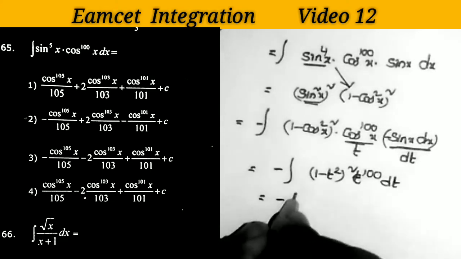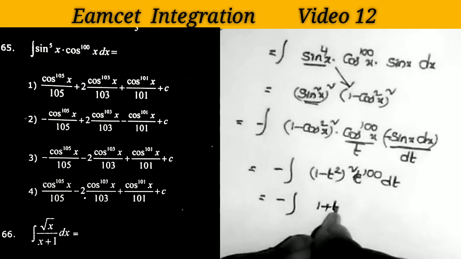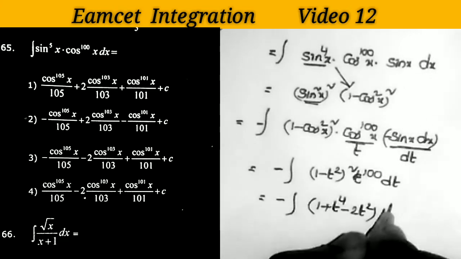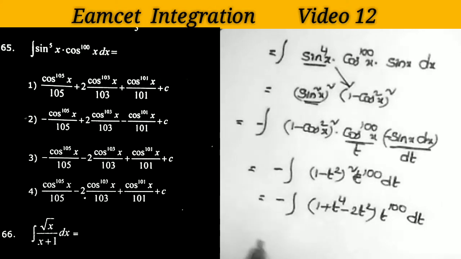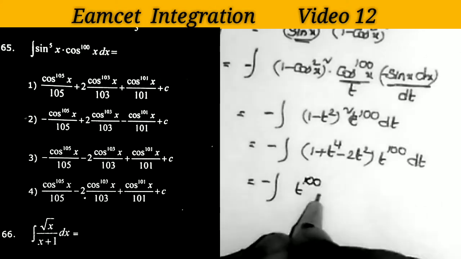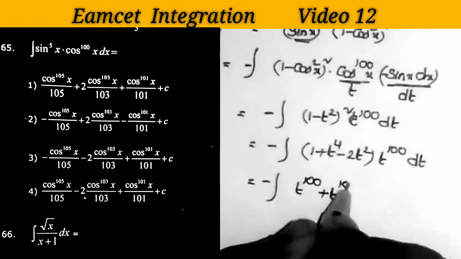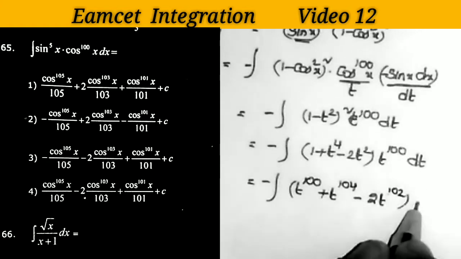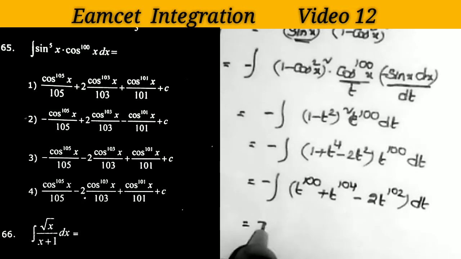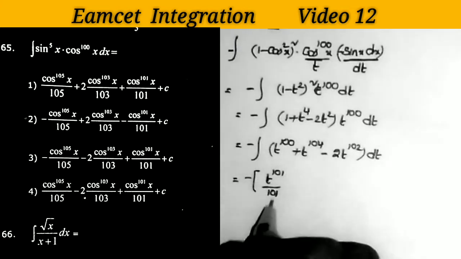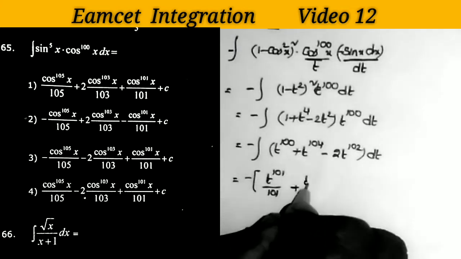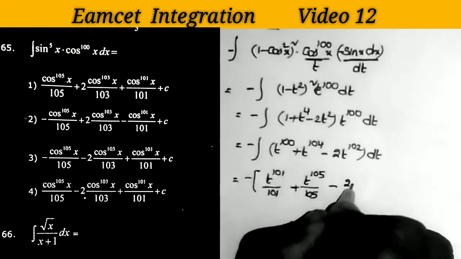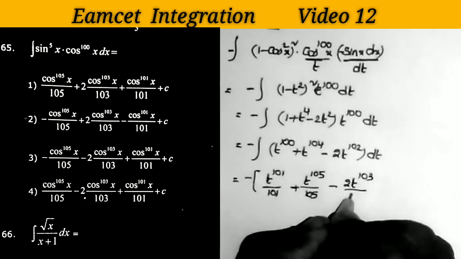Now taking the expansion, a minus b whole square, that is minus integral of 1 plus t power 4 minus 2t square, into t power 100 into dt. Now taking the product, minus integral of t power 100 plus t power 104 minus 2 into t power 102, into dt. Now doing the integrations: minus of t power 100 integration is t power 101 by 101, plus t power 104 integration is t power 105 by 105, minus 2 into t power 102 integration is t power 103 by 103,